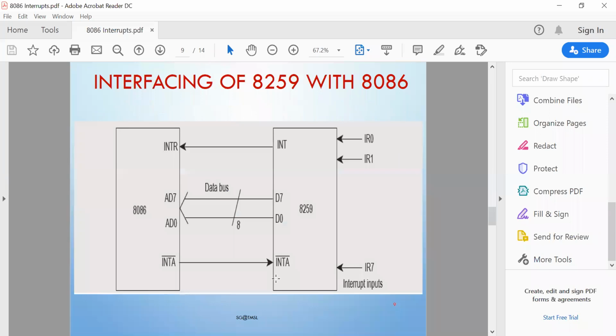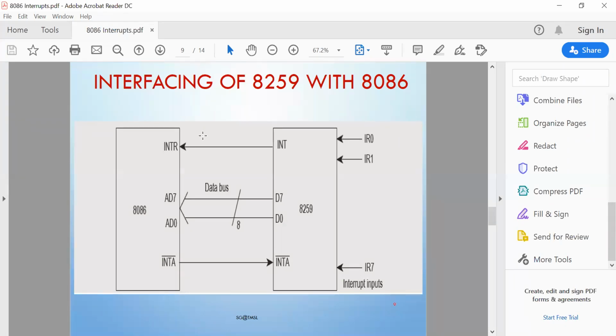So here is your interfacing diagram with the 8259 programmable interrupt controller. That is not any other microprocessor. It's a peripheral device which is specifically used to control the various interrupt signals. Now there are limitations in any microprocessor to handle the interrupt levels. You have only two hardware interrupt pins, so maximum two signals can come from the external side.